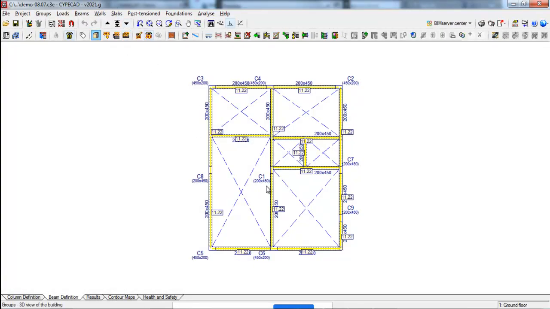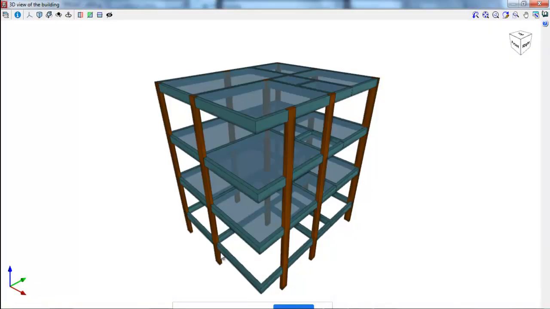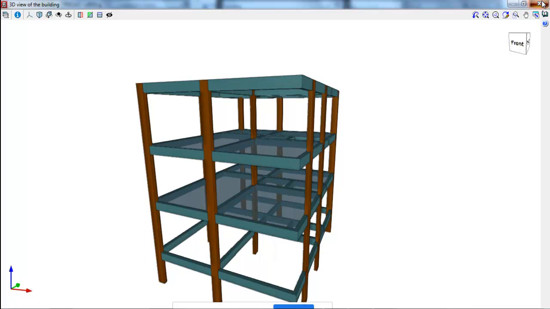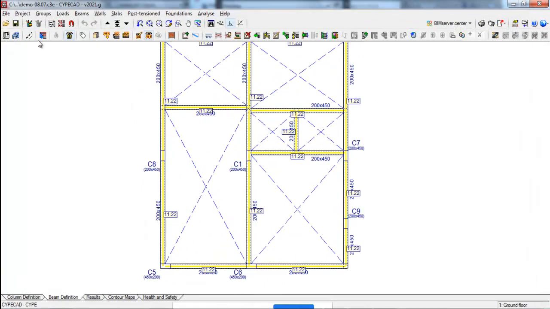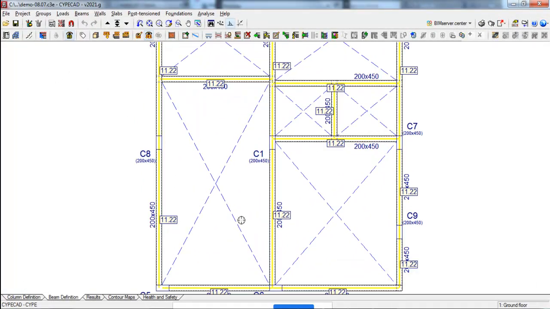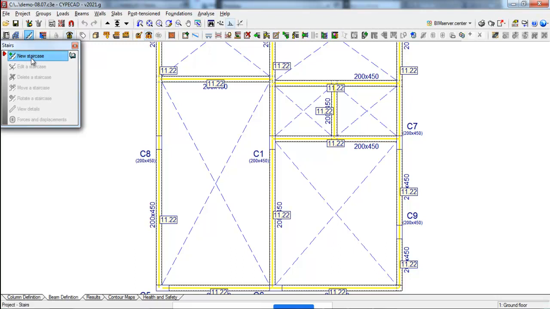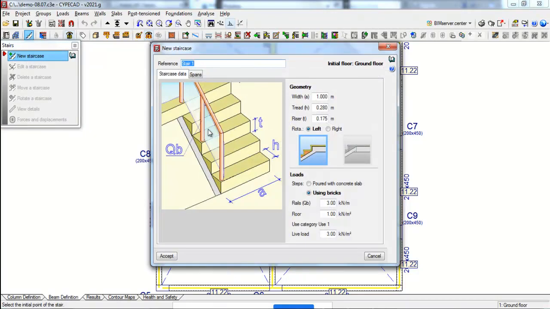Suppose you want to put a staircase from the ground floor to the first floor. Let me put a staircase, come to the ground floor level. I am in the ground floor here. There is a staircase model available. I'm just putting the staircase, new staircase, and all the necessary information related to this, like what is the width of the flight, what is the tread.